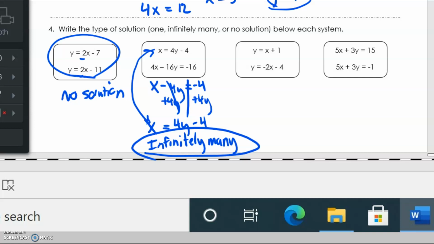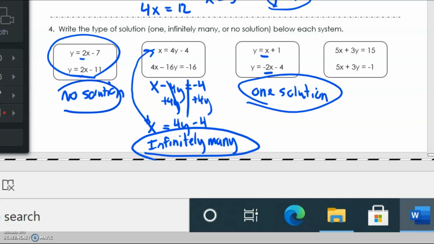Next system. Those are in slope-intercept form. Let's compare their slopes. The slope of the first one would be 1. The slope of the bottom one is negative 2. Those slopes are different. So these lines, if I was to graph them with different slopes, eventually they're going to cross somewhere. So this is a one solution problem. I don't actually have to find the solution. I'm just identifying how many solutions that it has, right? So no solution, infinitely many, one solution. The last system,